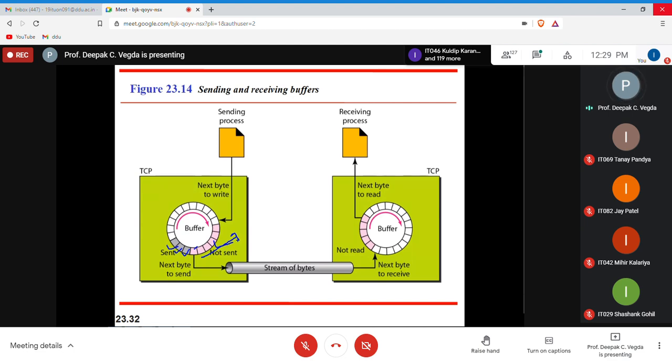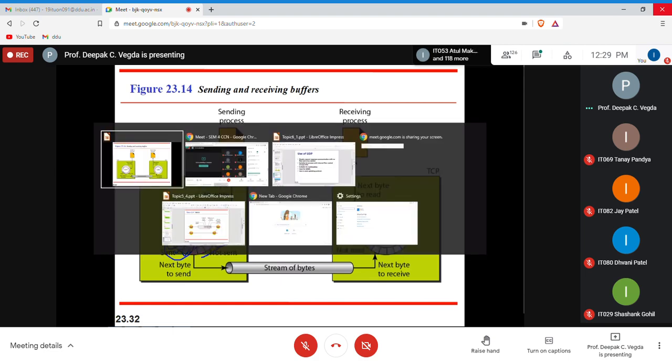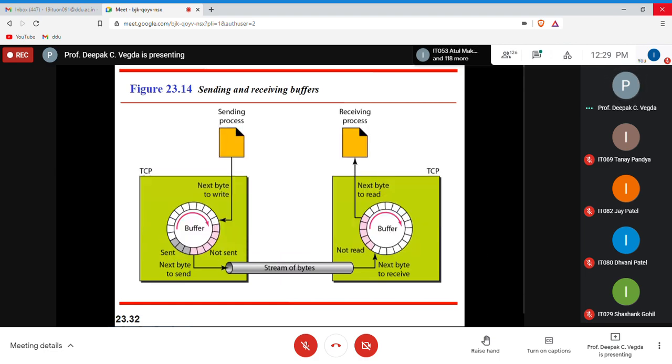This is empty, where you can store 1, 2, 3, 4, 5, 6, 7, 8, 9, 10, 11 bytes in this buffer. And these which are sent are still in the buffer. Why are they still there in the buffer?